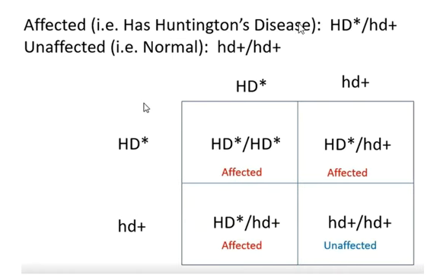So this individual, because Huntington's disease is an autosomal dominant trait, is affected, meaning shows disease symptoms. An individual who is unaffected, meaning phenotypically normal, has to possess two of the normal or wild type alleles, one on one homolog, one on the other member of the homologous pair, and they both have to be the recessive